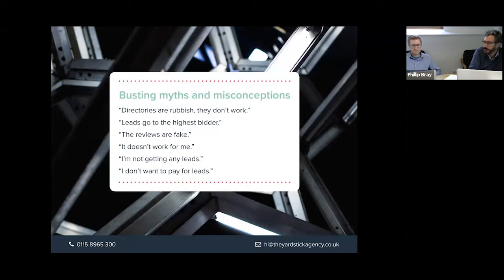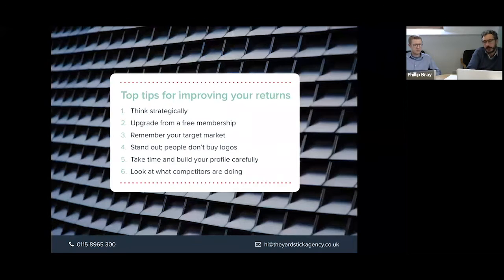But any other myths and misconceptions that we've heard, I will be glad to hear if anyone's got any other views. But we regularly see these. We do our best to address them. And we encourage people to take a pragmatic approach, because directories can be hugely frustrating, especially if you get a duff lead, someone you can't get hold of, you go on a run of those, you struggle to win the concierge or matched inquiries. But over time, you should see a really good return on investment. But you will only see that return if you put some effort in.